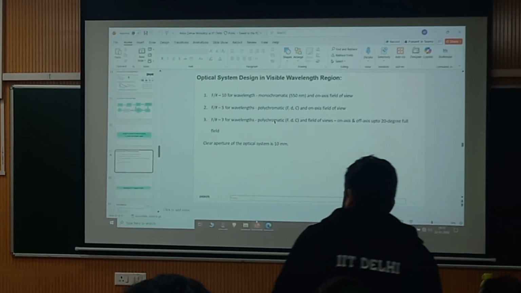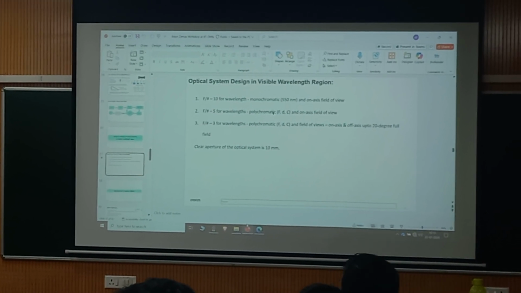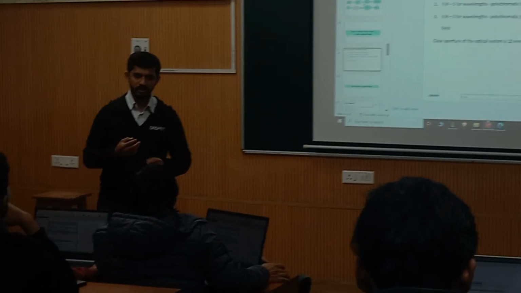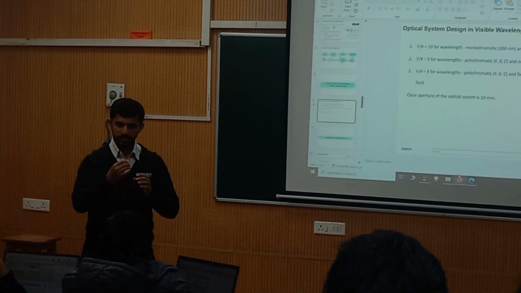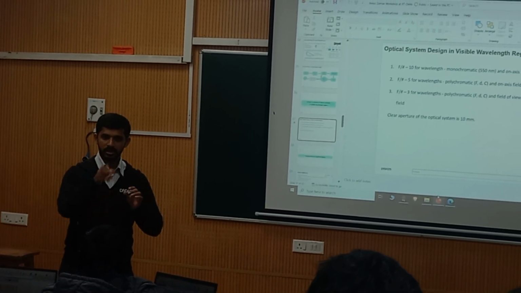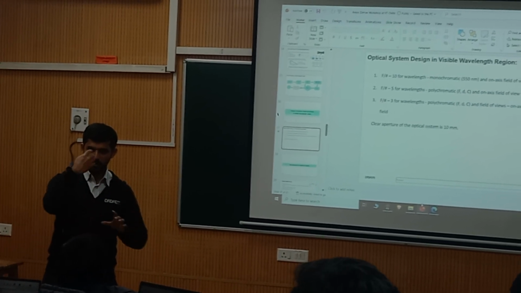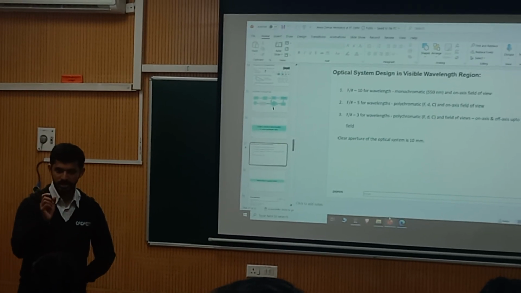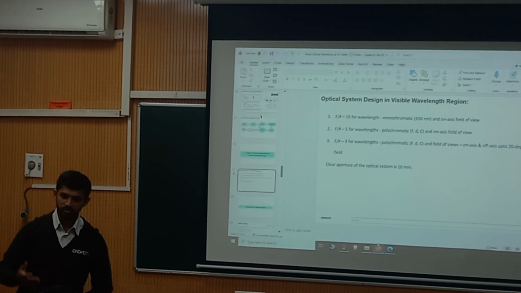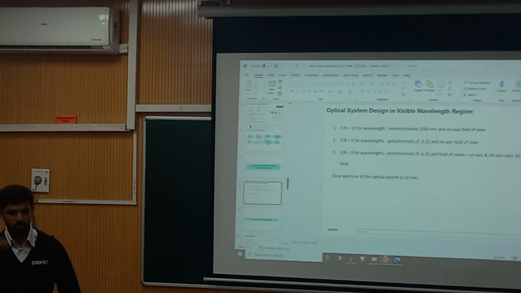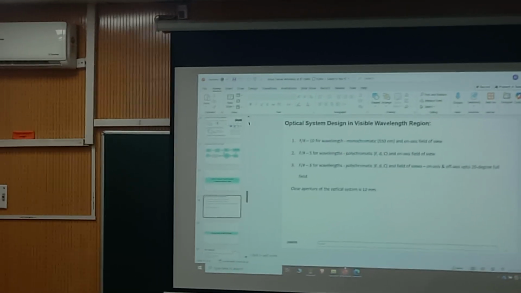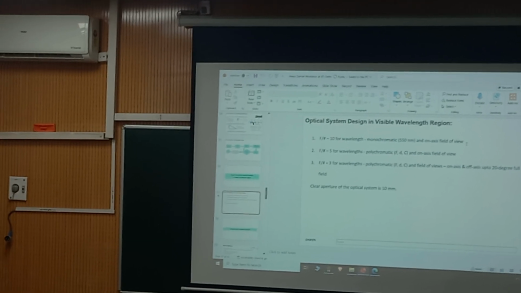Can you repeat why there is one ZMX file and one ZOS file? The ZMX file will have the layout settings and the lens generator, and the ZOS file will have the wavelength, aperture, and merit function. Especially the merit function will not get saved in the ZMX format. It will get saved in the ZOS file. So when you give a design from one system to another system, you should give both of them.